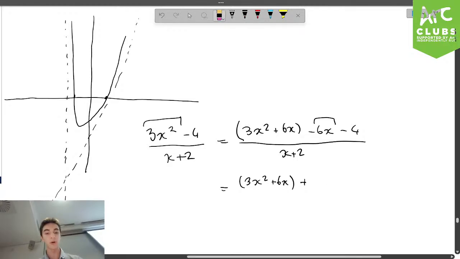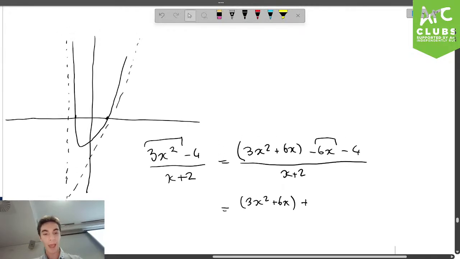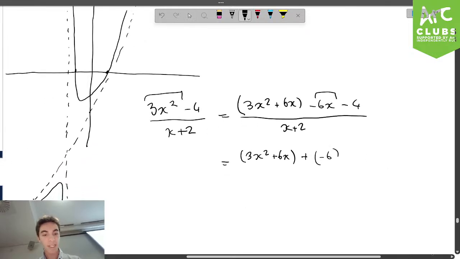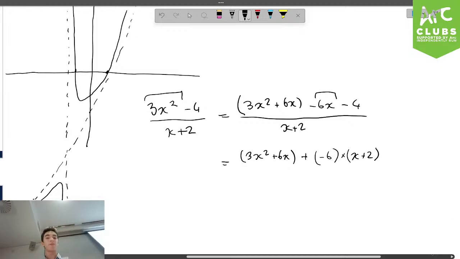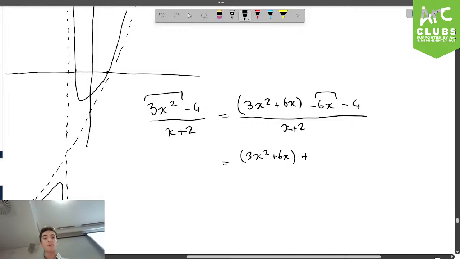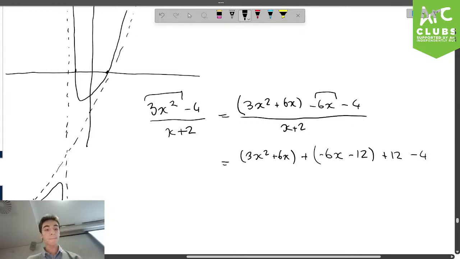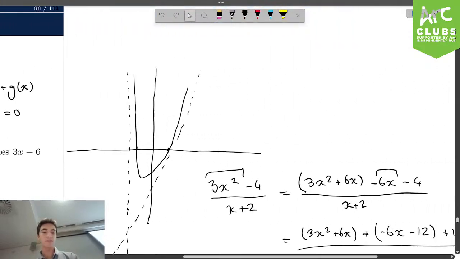So I can rewrite it as the multiple if you want. Multiply, so we're adding minus 6 times x plus 2, right? And conveniently, if you expand that out, the first term actually becomes minus 6x, right? Minus 6x minus 12 is what we get, right? And then we do have to add that 12 back on because we didn't have that minus 12 before, and we still have a minus 4 lurking around, right? Unless I'm mistaken. I may have made some error in calculation along the way. Oh no, it's fine. Okay,